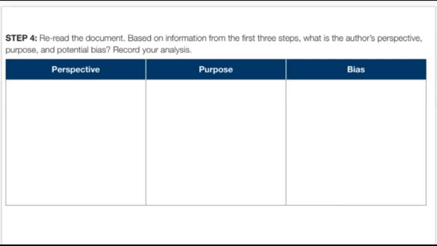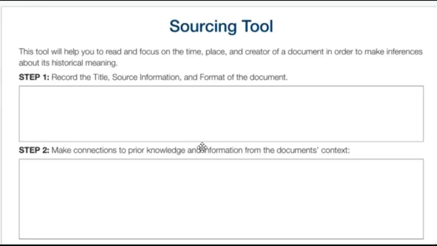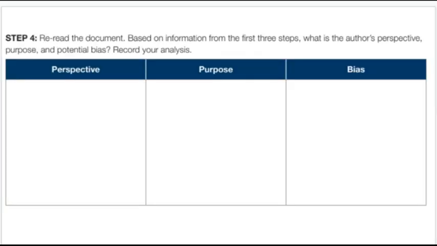Now, let's just break down this perspective, purpose, and bias before we go further, because central idea is probably something that you've dealt with in English class. That's what you need to do for step 3. The central idea is like, tell me the source, what it's talking about in very few sentences, and then how does it connect again? I know I'm jumping back, so I want to make sure you're clear on the title, source, and your prior knowledge. But perspective, purpose, and bias,